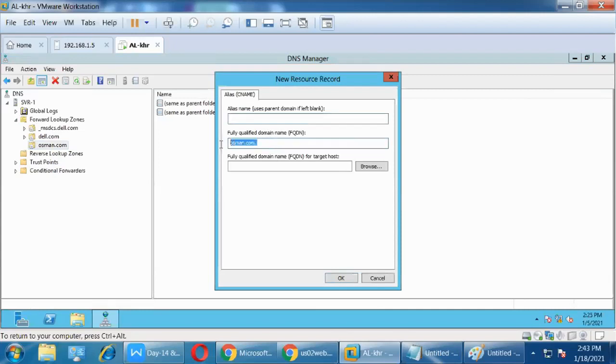What is written? Can you read? Can you read? Fully qualified domain name. Yes, sir. What I selected. Can you read this one? This is .com .usman. Like I'm reading from right to left, sir. Yes. Yes. .com .usman. Yes. If you write from your side, in your language, so usman.com dot, right? Com dot. Yes, sir. In DNS language, it goes from right to left. Yes, Usman. Right. Understand? See here.